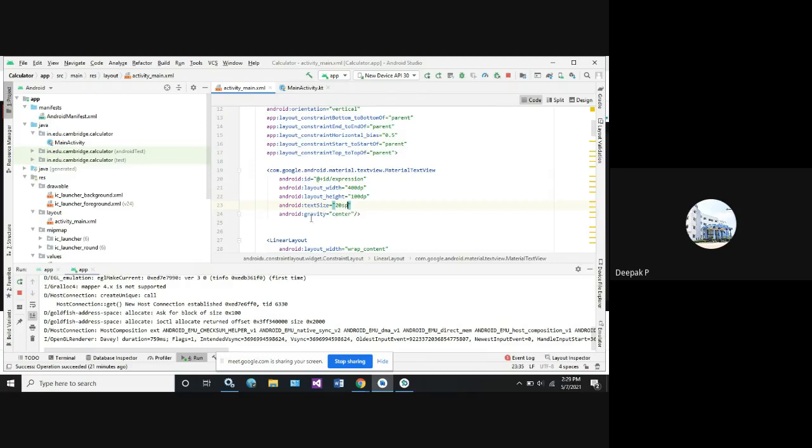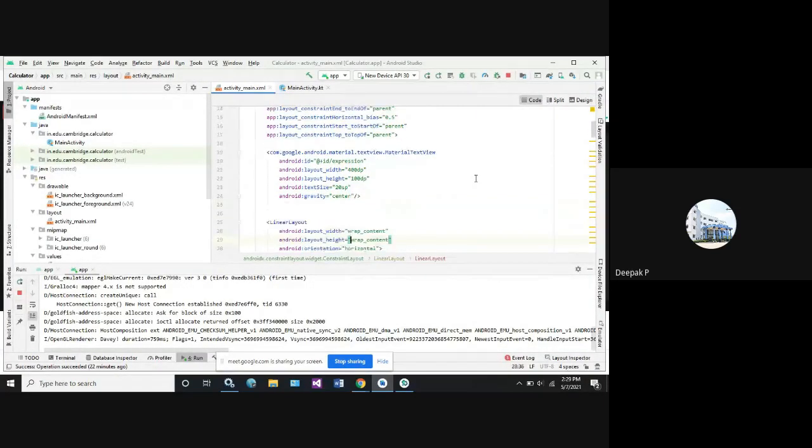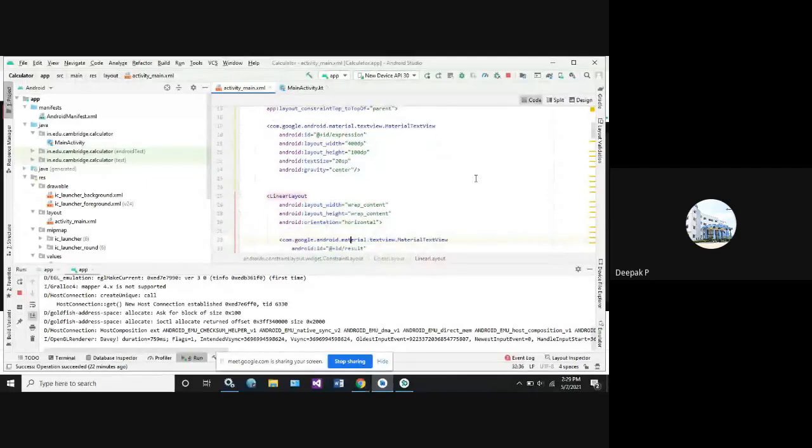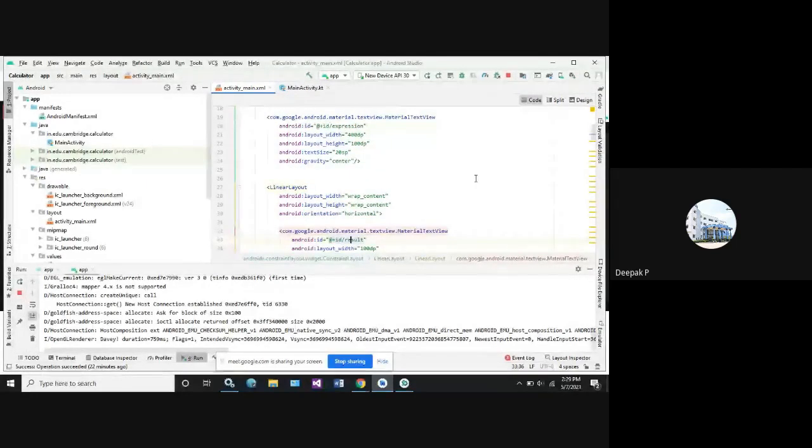Next, after this, we have Android Gravity. So here gravity stands for on what part of your screen the data has to be loaded. Every content has to be loaded in the center orientation on my display. Okay. So this is the first part. Okay. Any doubt? So next we will move on to the second part of our content.